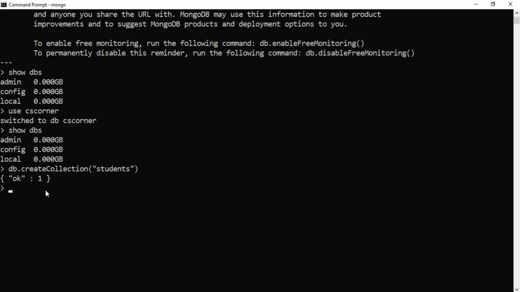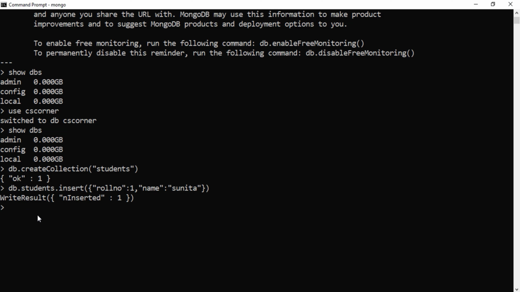Records are called documents in MongoDB. So for that I'm going to write db and dot my collection name, that is students. I'm going to write insert. Here I'm going to open a parenthesis, and then inside curly brackets I'm going to give my document detail. So I'm giving the document detail as roll number, which is nothing but a numeric value, so do not put it in double quotes, and then a comma. Now the second value I want to give is name. This name is nothing but a string value, so you need to pass it in double quotes. So it is showing me inserted.